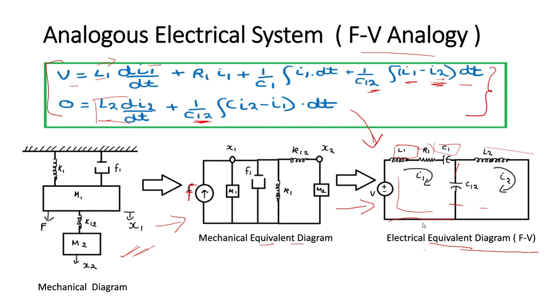I know it's a lengthy process, therefore it is not asked in objective questions of few marks. Instead, they ask the analogy, which is how in force voltage analogy B is related to what and then mass element is related to what. So such types of questions can be asked.